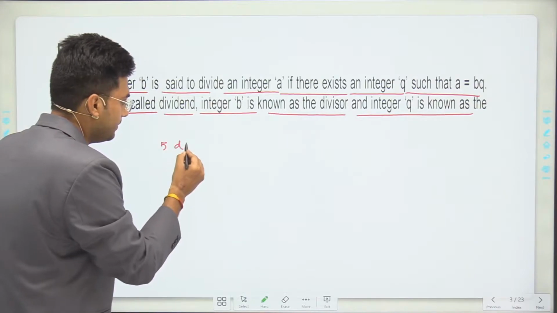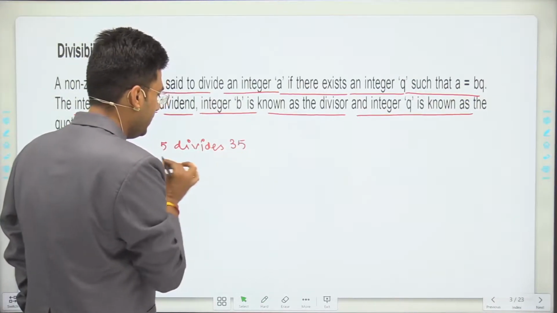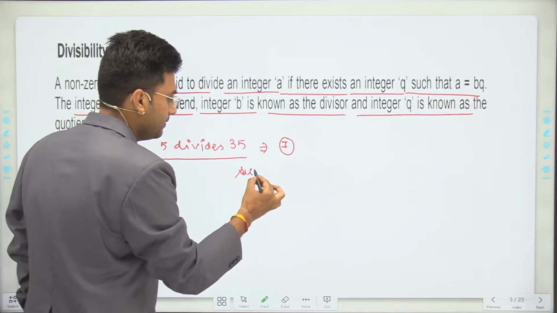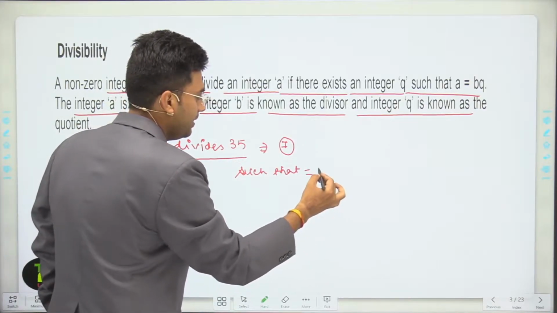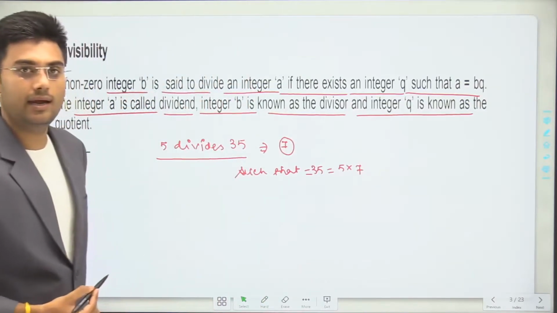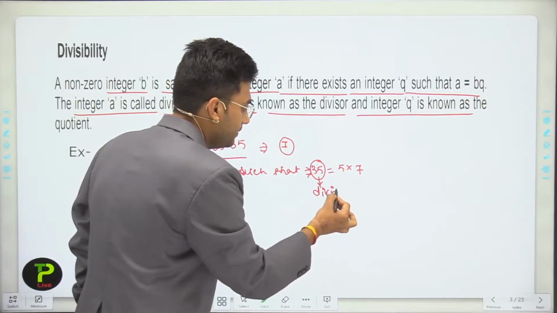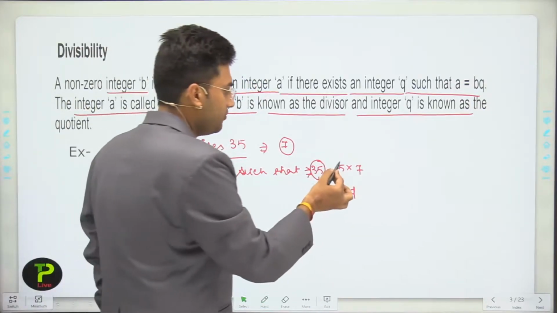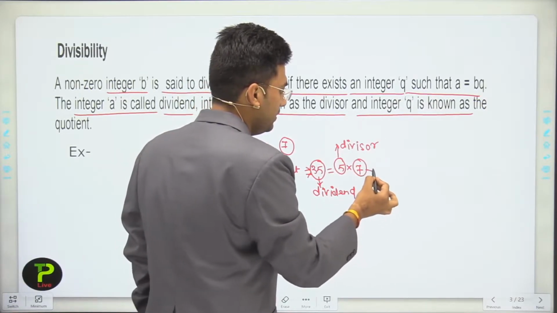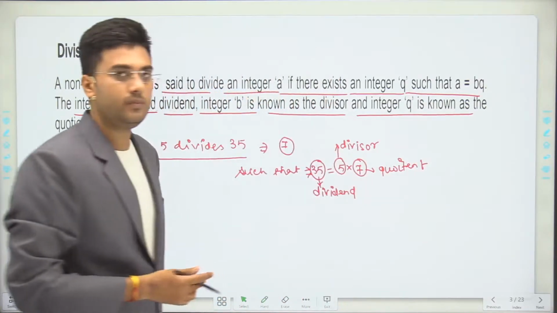5 divides 35. Why? Because there exists 7 such that we can write 35 is equal to 5 multiplied by 7, and here this 35 is the dividend and this 5 is nothing but the divisor and this 7 is the quotient. Okay, now